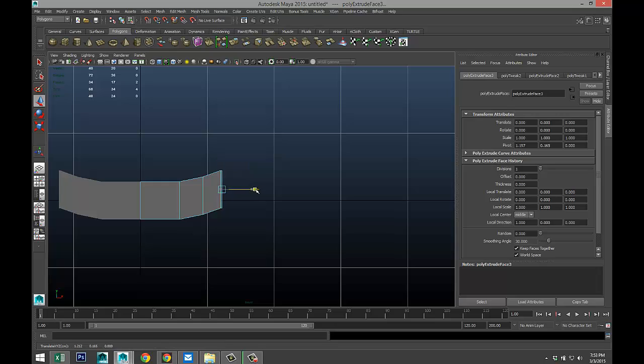G, W, pull out, raise again, G, W, pull out, raise again. I'm not going to keep on saying that, so it's G to repeat and W to pull out.